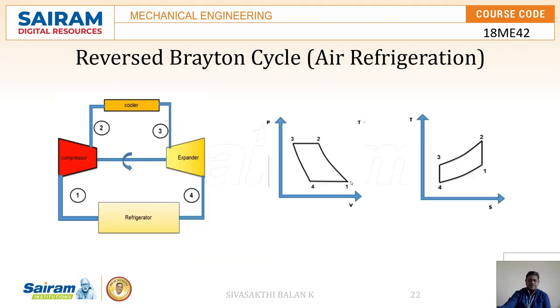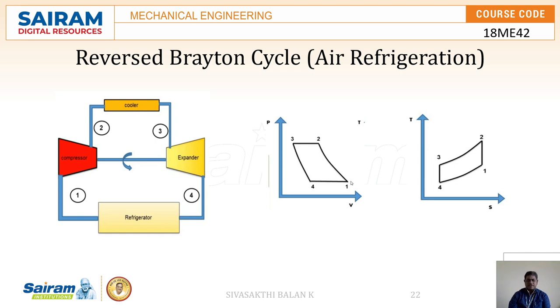Now let us see in depth how the PV diagram as well as the TS diagram look for the reverse Brayton cycle, or air refrigeration cycle. This is a simple representation of this. 1 to 2 represents compression, 2 to 3 represents condensation or cooling effect, where heat is rejected to the surrounding, and 3 to 4 represents